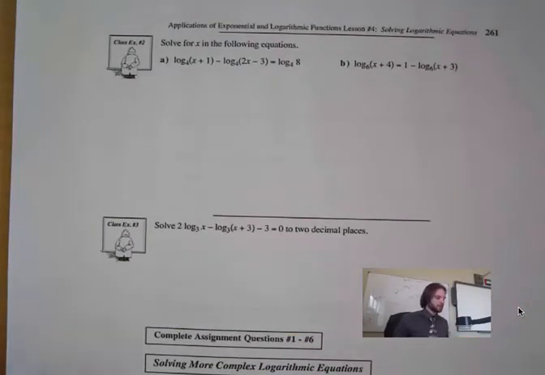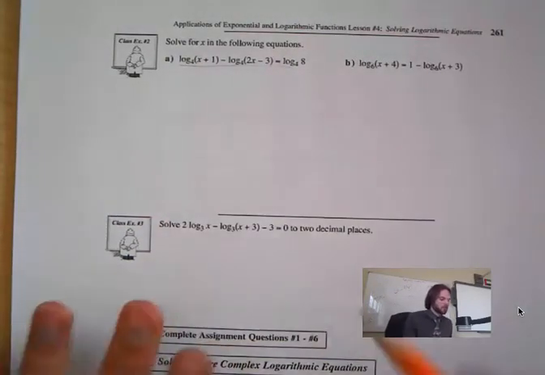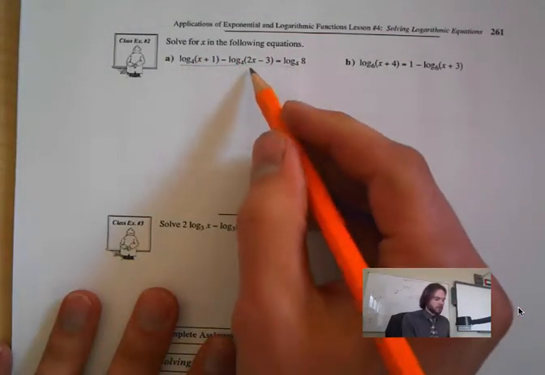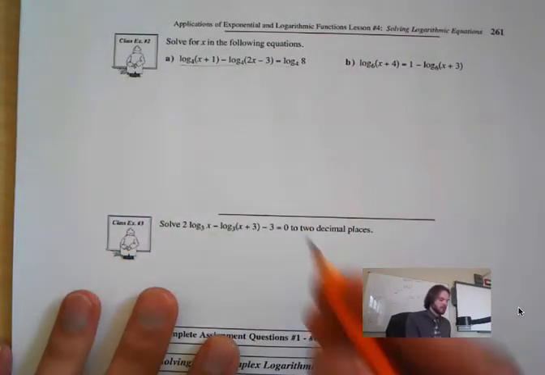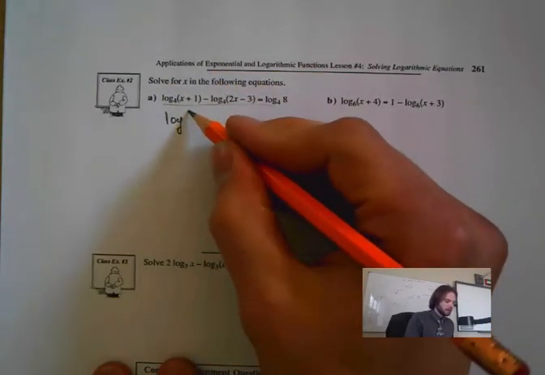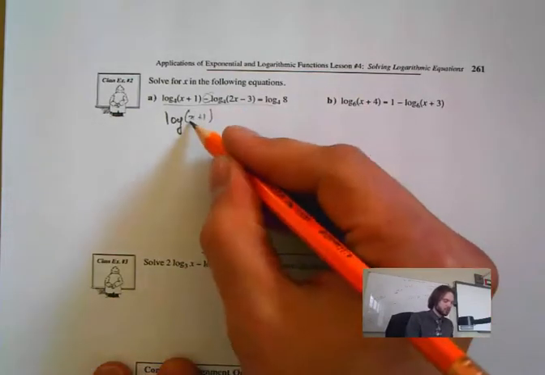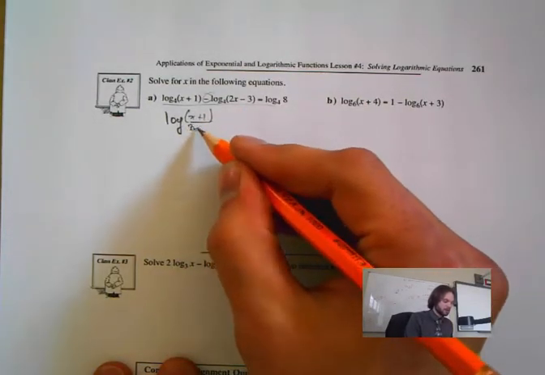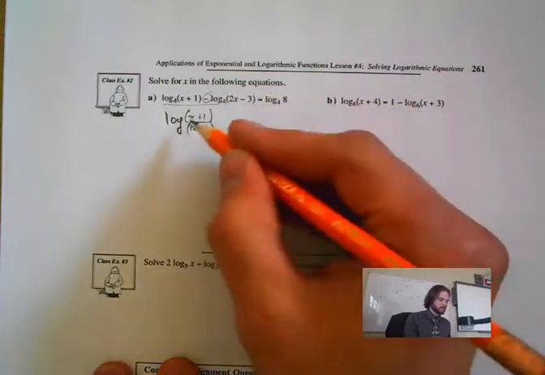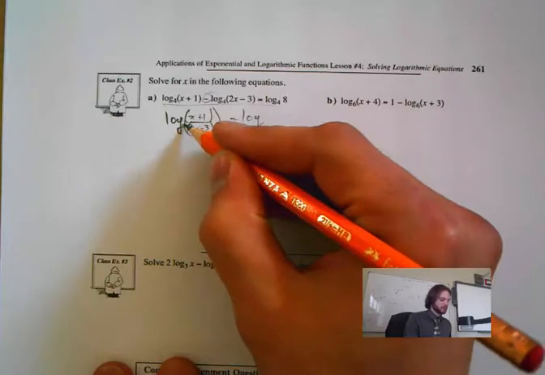All right, let's take a look at example number 2. Solve the following equations. We have these right there. I'm going to start off. First thing I want to do is combine these together. I'm going to end up getting log, simplify by combining. So I'm going to have here log of x plus 1, and the subtraction is our division rule, divided by 2x minus 3. Okay? I have all that there, is equal to log, and this is all in base 4,